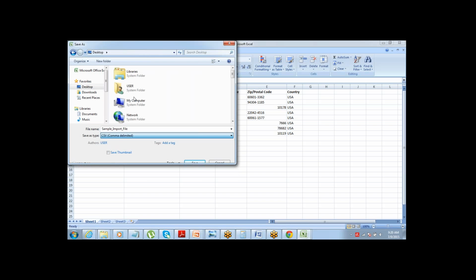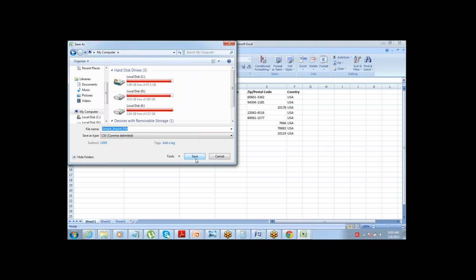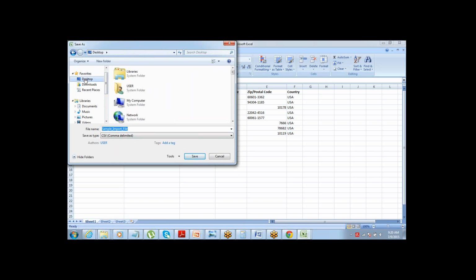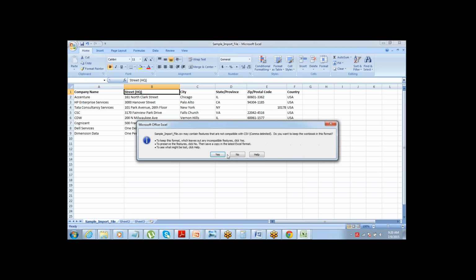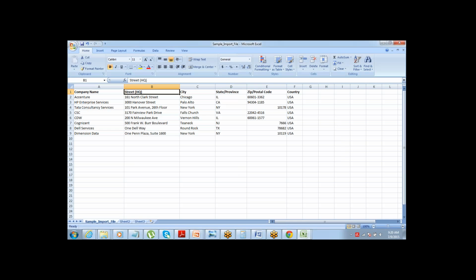So just go and save this file in this format. Save. Okay. Yes.